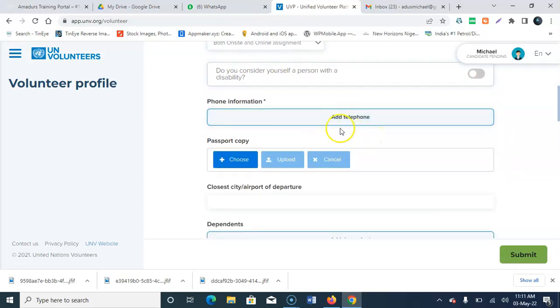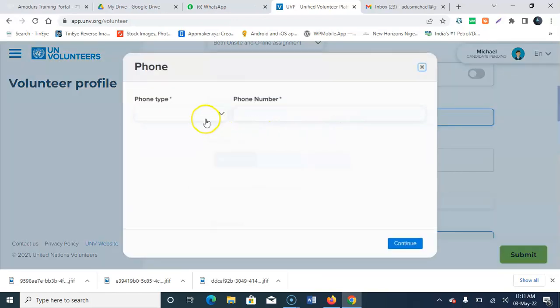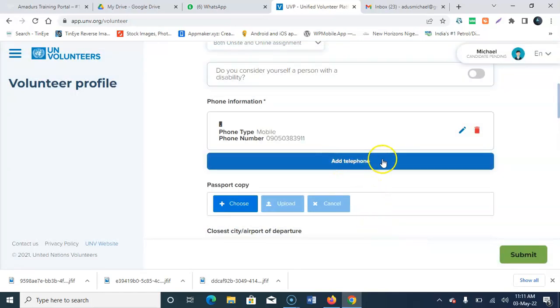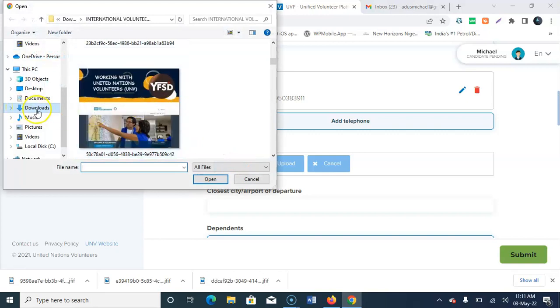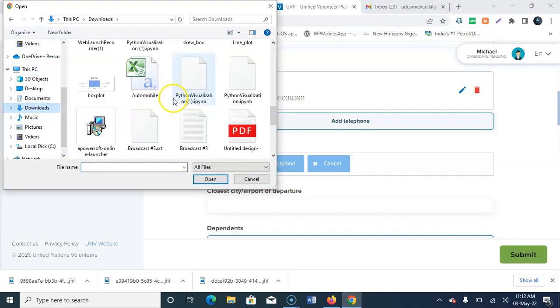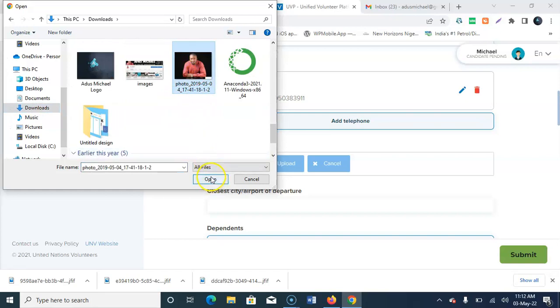So now we have phone number. You can decide to put the phone number, telephone or mobile, anyone you want. Then you can put your phone number right now. I have mine. All right, so that's it. Then passports, if you want, then you need to upload your passport. Well, the passport that I have, I don't know, let me just put this. Normally I'm supposed to crop it. Okay, I think I actually downloaded a tool for cropping to do that.